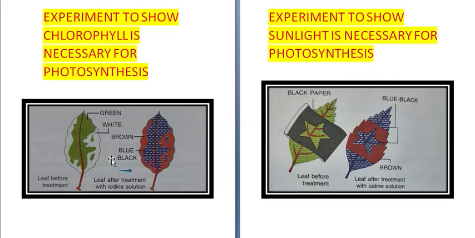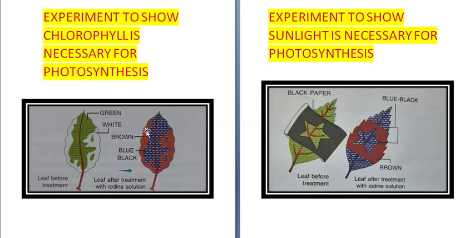After a few hours, pluck one leaf, make its outline on paper and mark the green and non-green areas. Test for starch. Only the green parts of the leaf will turn bluish in color, showing the presence of starch. This blue color portion is showing the presence of starch, and you see this blue color is seen only where the original leaf was green in color.